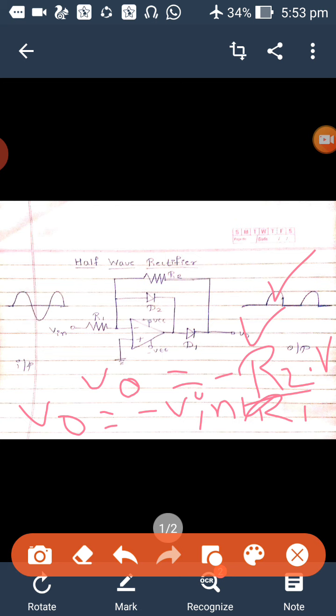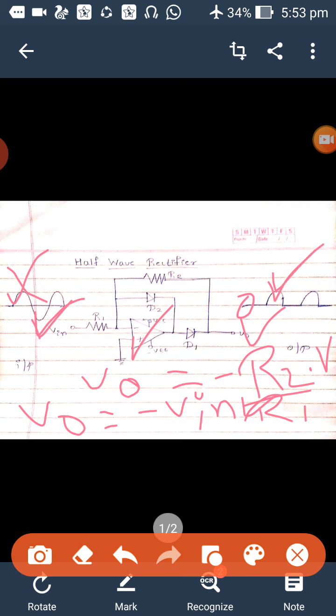Now, this is a half wave rectification, and it is precision. Why precision? Because voltages below 0.6 to 0.7 volts can also be rectified using this operational amplifier. Half wave rectification is done here because only during half cycles I will be getting the output. During the positive cycle I am not getting my output, it will be 0. During the negative cycle, only during that half wave, I will be getting my output as positive.